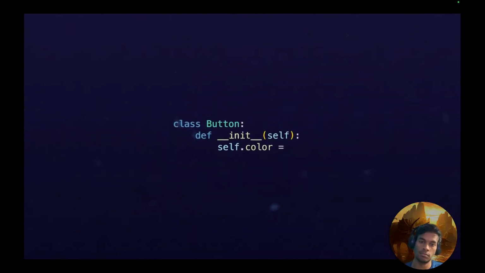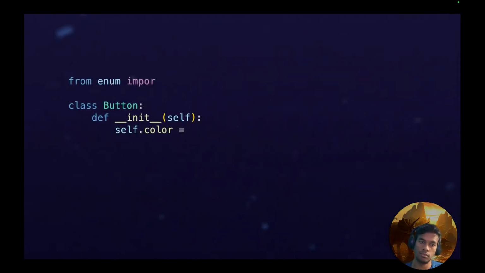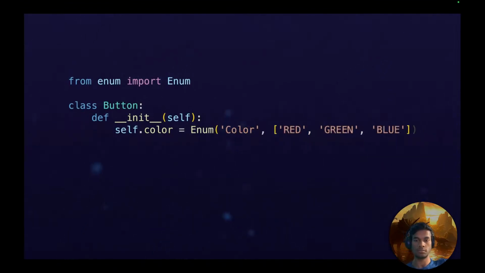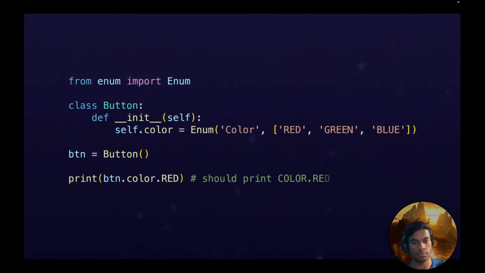And at least in Python, the way you can define an enum is using the enum package. You pass in the name of the enum, in our case, we'll use color, and then the possible values that are valid in this new type. So in our case, red, green, and blue. Now in our code, if we use color.red, it will work. It will resolve to the color red. And as far as the color type is concerned,